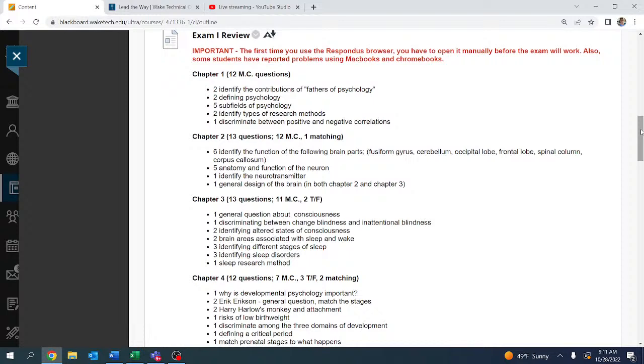You need to know what the fusiform gyrus does. You need to know what the cerebellum does. You need to know what the occipital lobe, the frontal lobe, the spinal column, and the corpus callosum do. All right, Hannah? Now, if you remember last night, we talked about infant reflexes, and I reminded you that the